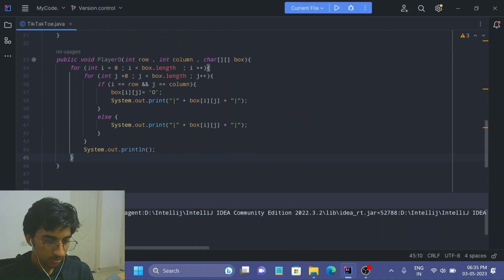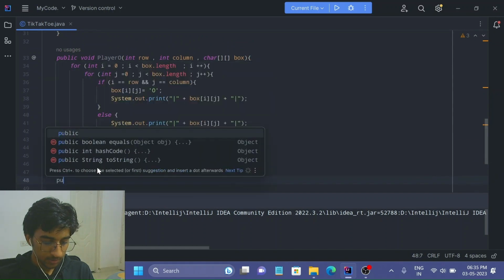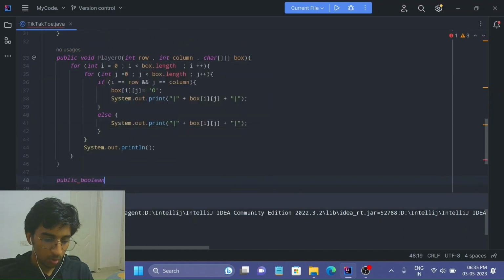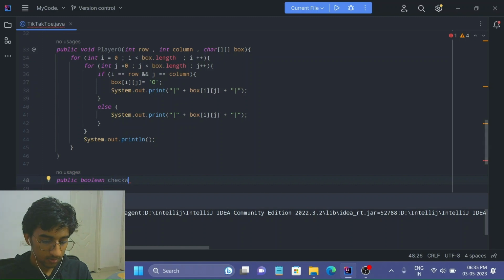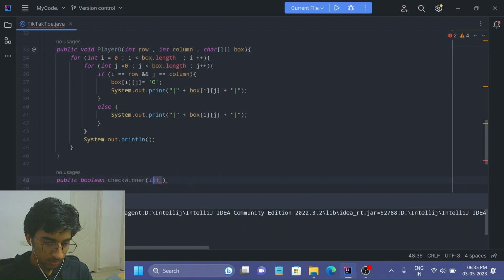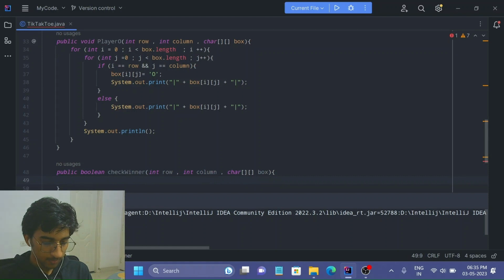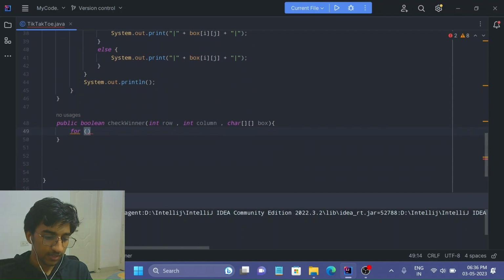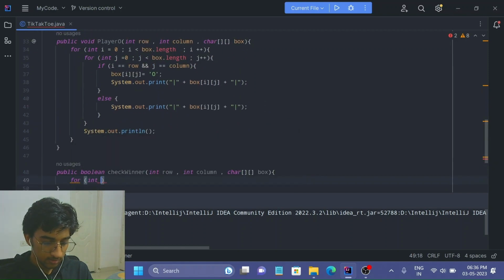So now here let's create a new method named public boolean, because it will return a boolean type. Let's name it checkWinner, and let's have parameters same as all the other methods. Copy and just paste it here. Fine, great. Now to check whether any particular player has won the match, let's make a